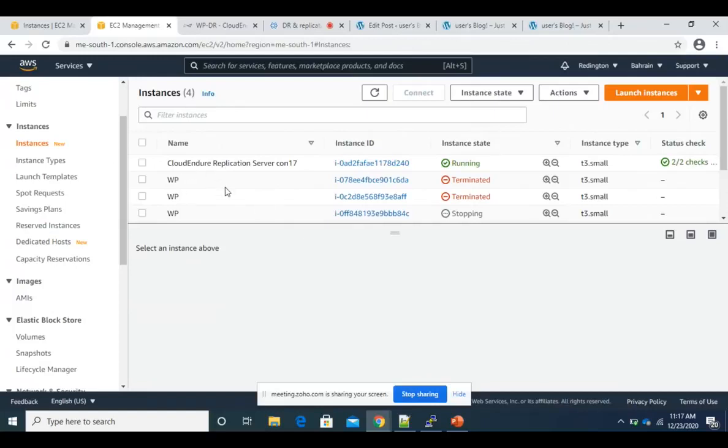This is not applicable because we are doing disaster recovery from the AWS Ireland region to Bahrain. But if you are doing disaster recovery from on-premises VMware to AWS, then machine conversion would be needed as well, so another replication instance for machine conversion will be created. And these are temporary, by the way. The moment your target is launched, it will automatically get deleted.